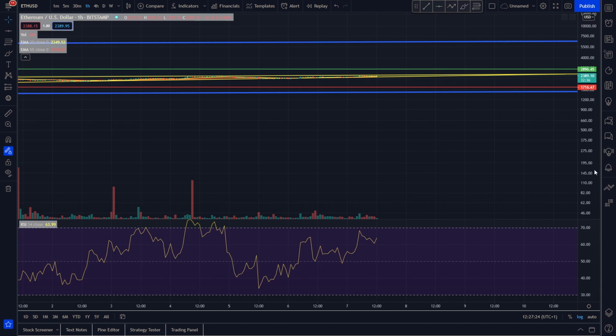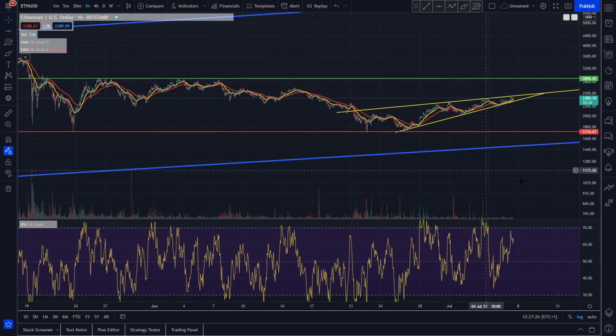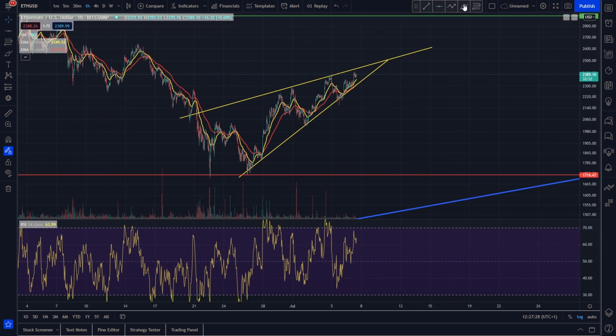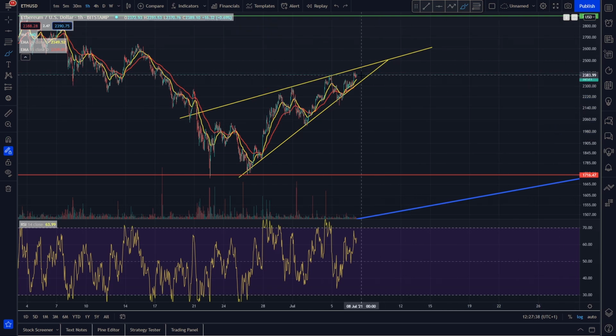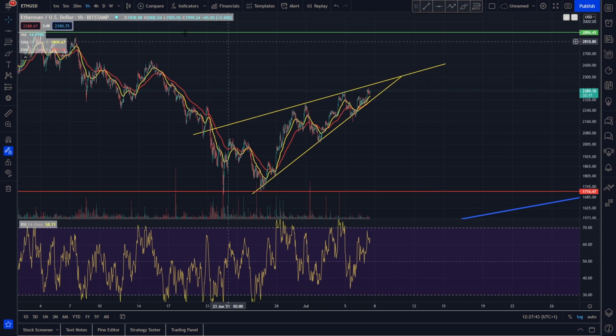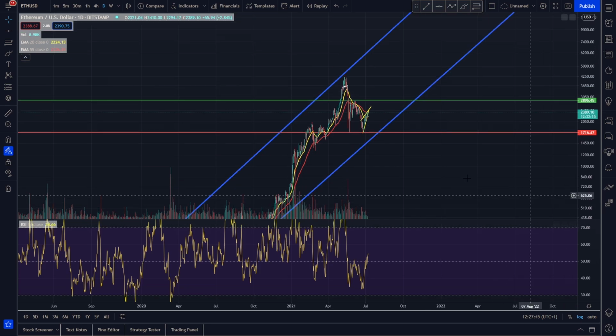Short-term price prediction. If we go back to our hourly time frame here so you can see what's going on. As we said, there's probably a good chance that this could potentially break to the downside unless we start to see a good pickup for Ethereum in the next few days. So do anticipate that we could potentially roll over from this pattern if we do start to see Ethereum breaking down out of this pattern here. But in the long term, as we said, things looking completely good for Ethereum.